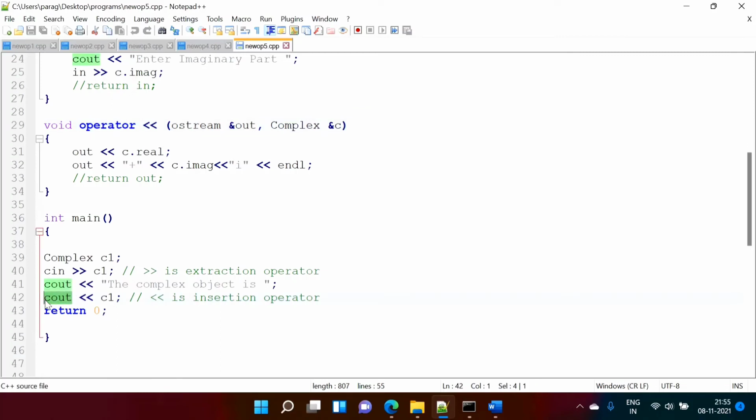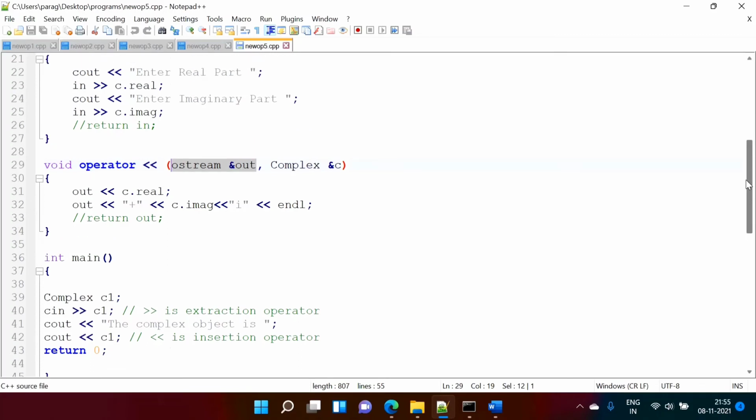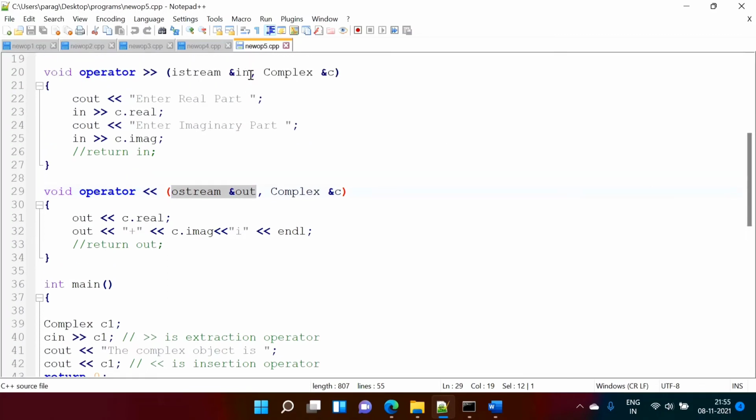It is defined in the C++ library, and for that purpose we are creating this reference variable. In the same way we have created a reference variable for this also. But it is compulsory to create a reference variable for cout. In the same way, here we are creating a reference variable for cin.